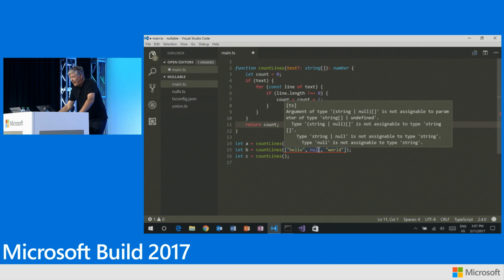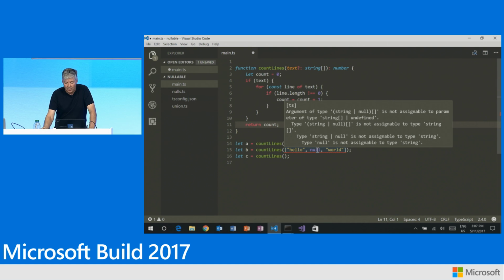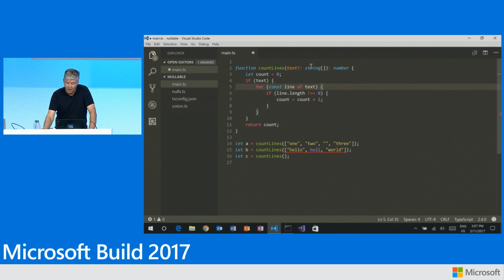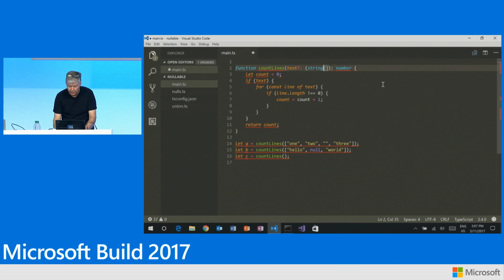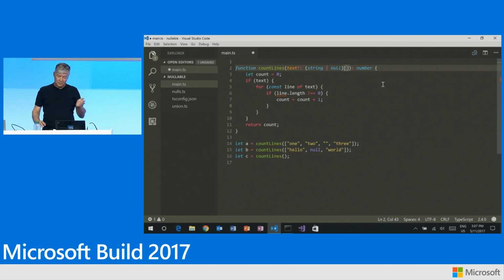It says here that argument of type string or null array is not assignable to a string array. Well, so we're trying to pass a null, but we said that it was going to be an array of strings. So I guess we either have to get rid of the null, or we have to include it in the type up here, which we could do. And once we do that, then